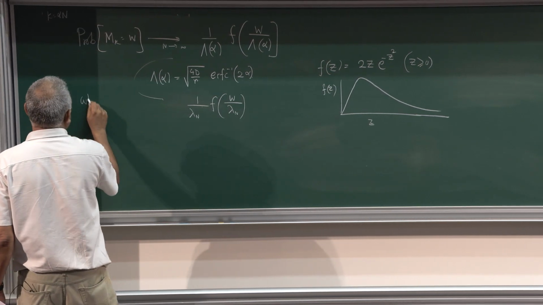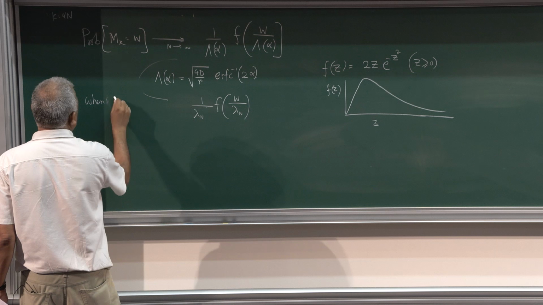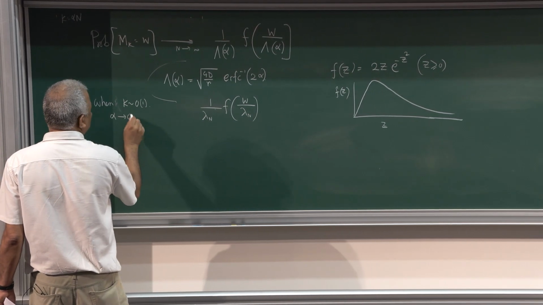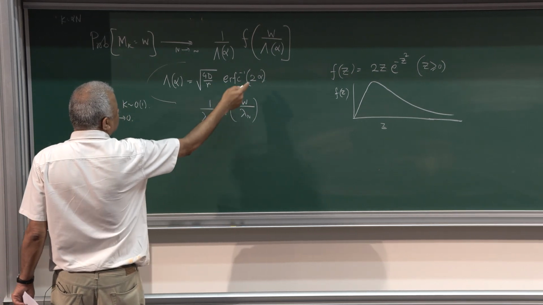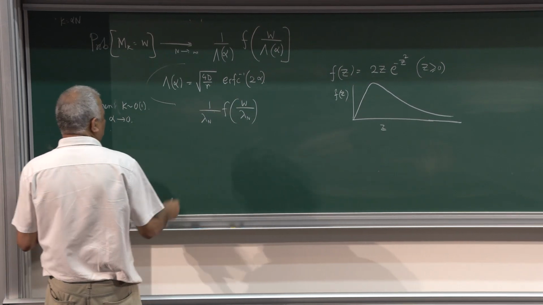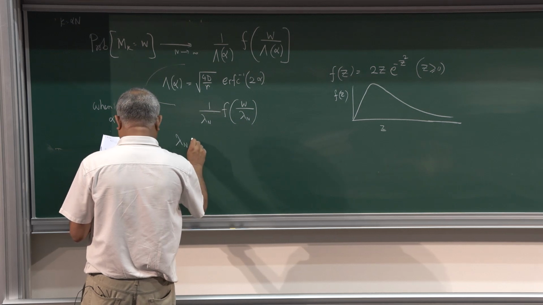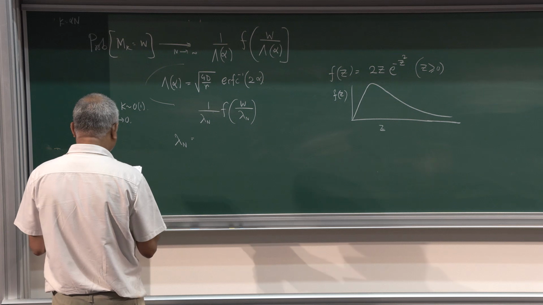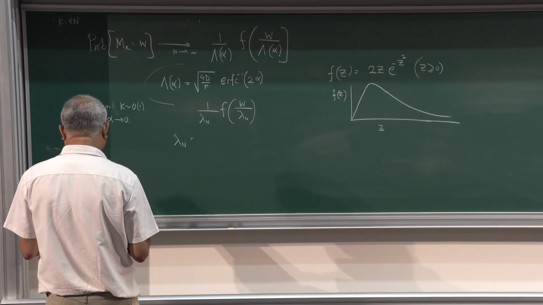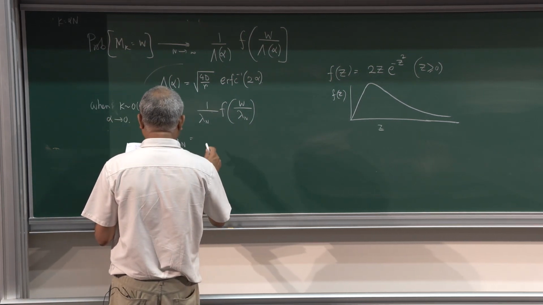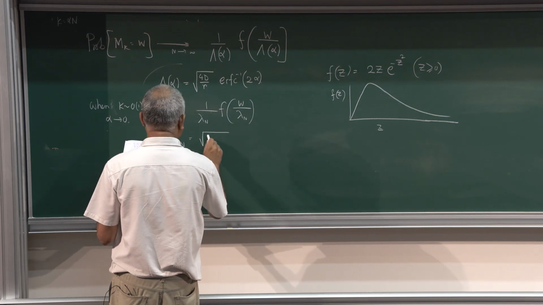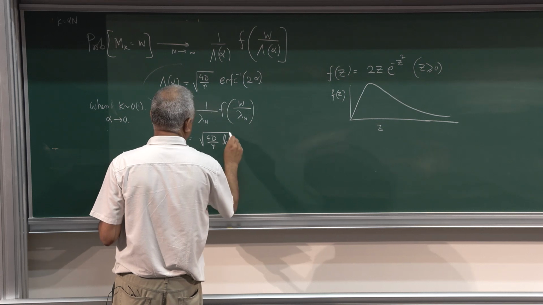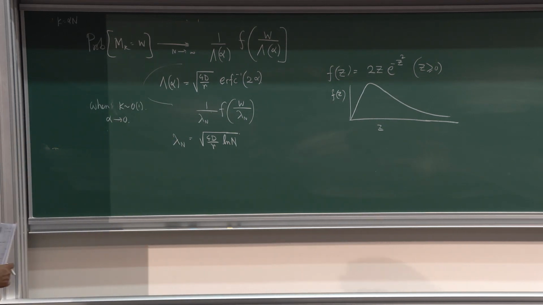So when k is of order 1, which means alpha small, you can expand this for alpha small, and what you find is that the lambda n is actually